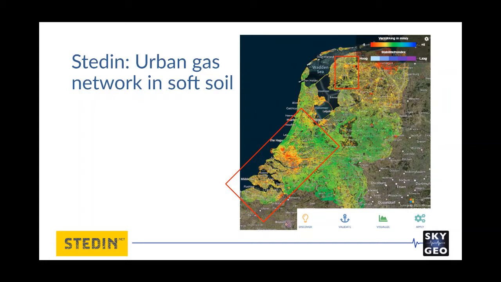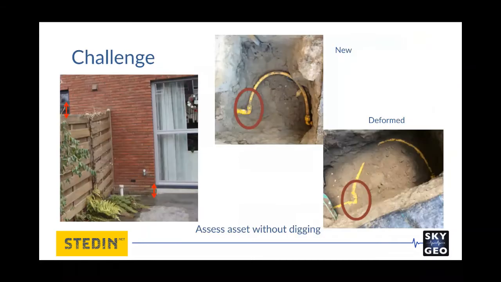And they are superimposed on the bottom-down skies, which is the nationwide subsidence map for the Netherlands. And if you know that red means subsidence and green is stable, then you can already see that the area in which Stedin delivers gas is an area that has lots of subsidence. So the main challenge here is